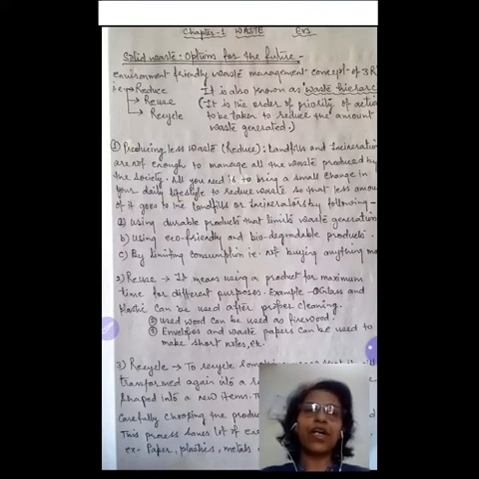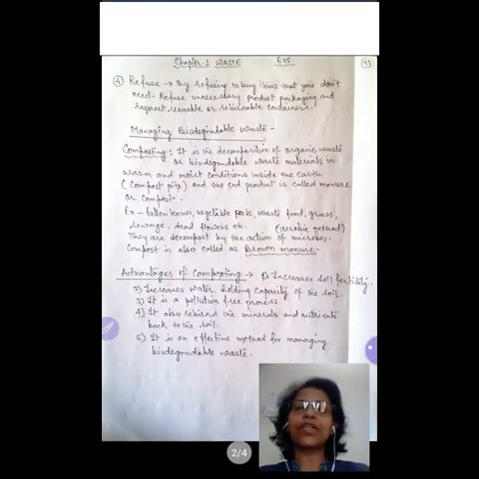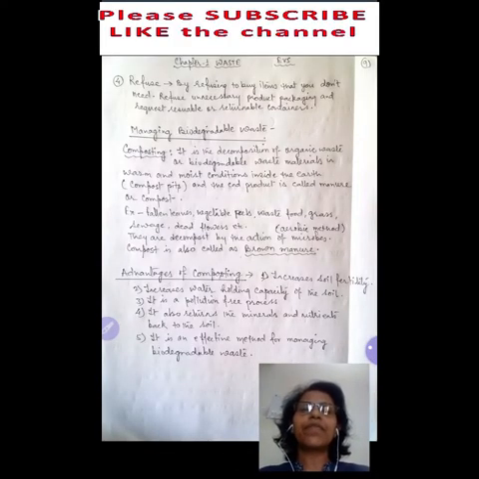Of course, the fourth R, that is refusing, by refusing unnecessary items. Reduce, reuse, and recycle are the concept of 3R. The fourth R, refuse, means refusing unnecessary items that you don't need anymore. We have also learned about the two important methods to manage biodegradable or recyclable waste material: composting and